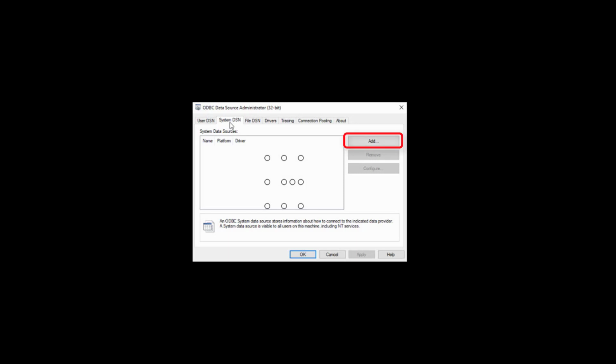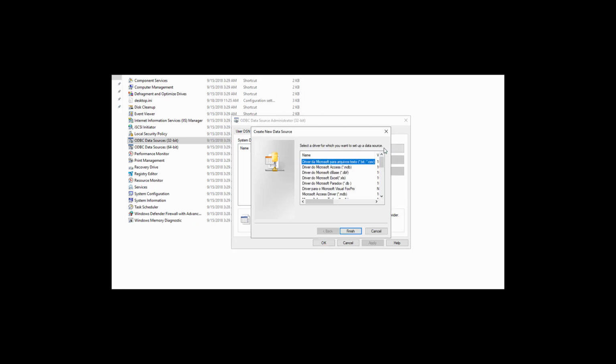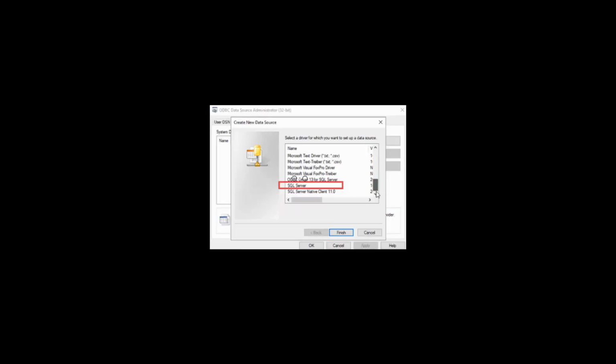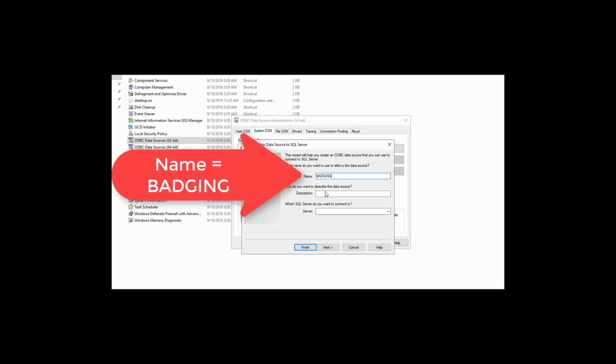In the ODBC 32-bit Manager, click the System DSN tab and click Add to create a new DSN name. Next, the Create New Data Source screen displays with a list of drivers. Select the SQL Server driver and click Finish. Next, the Create a New Data Source to SQL Server screen displays. Enter Badging as the DSN name